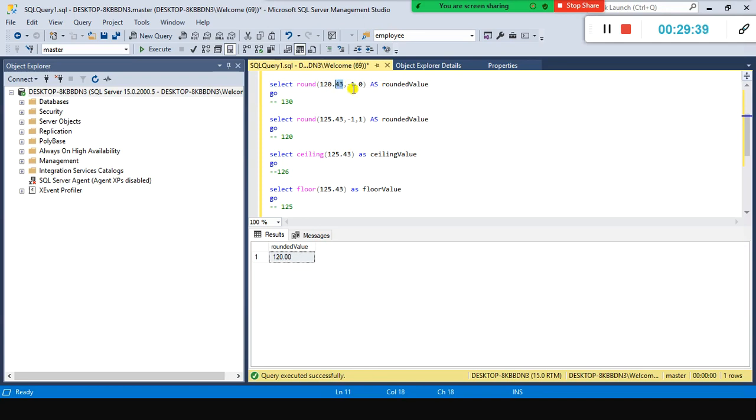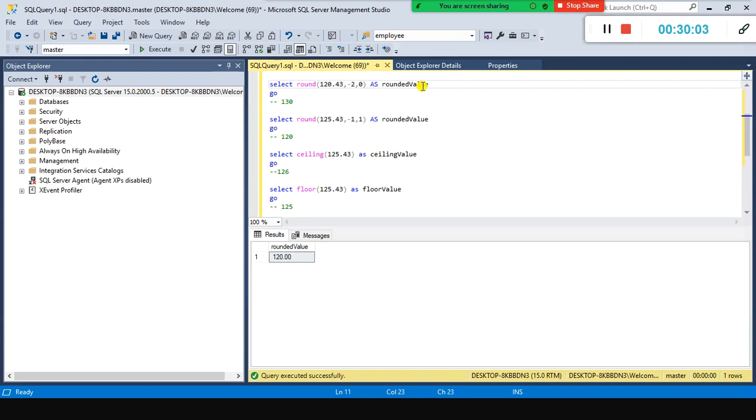But if you go to the left, it becomes -1, -2, -3. So when you say round to -1, you are looking at the 0, the number to the left before the decimal.